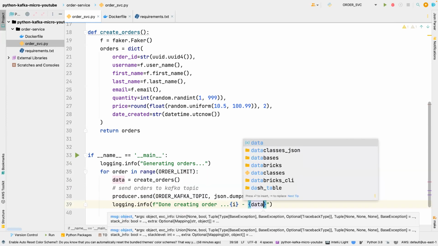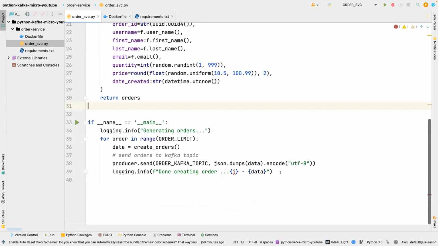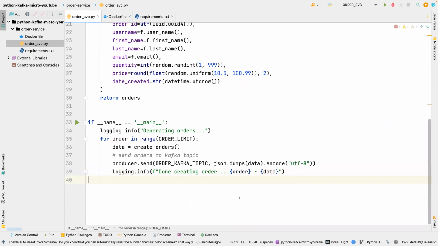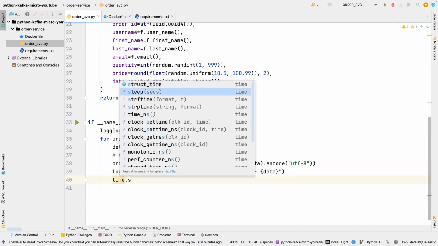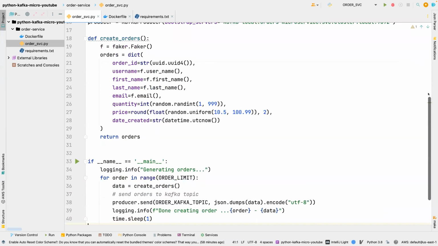And once we do that, we can sleep for a second before sending. Okay, so let's pass in the order, sorry. So now we can sleep for 1 second, and then continue the process until this limit is reached. So basically, this is our